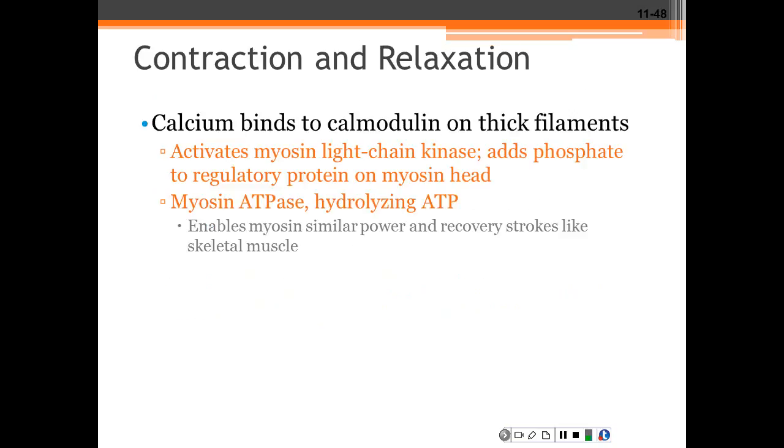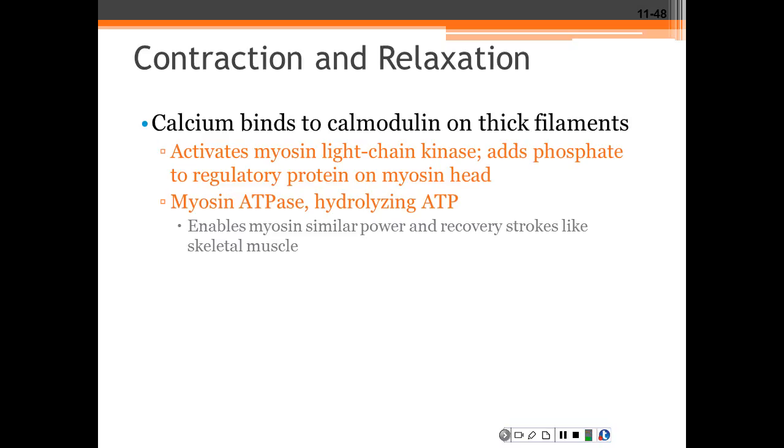Now, the smooth muscle has no troponin. Instead, the calcium is going to bind to the protein called calmodulin, which is associated with the myosin. The calmodulin is going to activate the enzyme myosin light chain kinase, which adds a phosphate to the protein of the myosin head. This phosphate in addition activates the myosin ATPase so that the myosin can bind to the actin and then hydrolyze